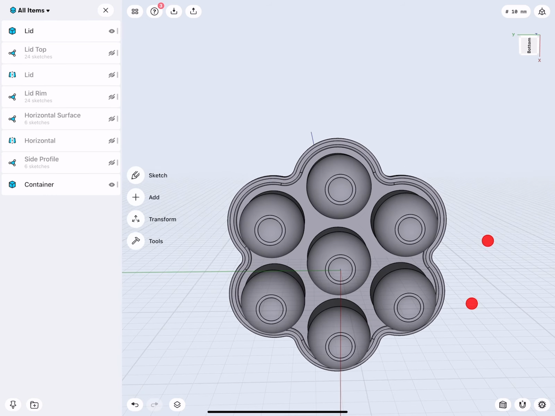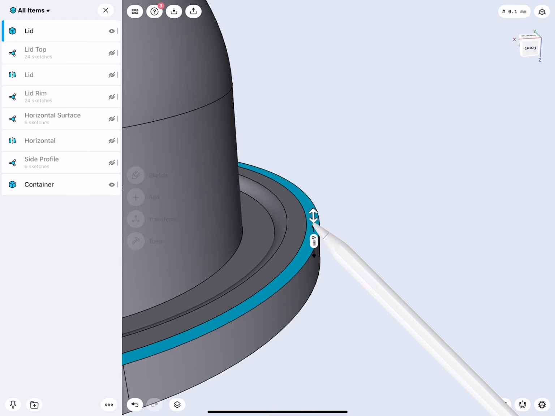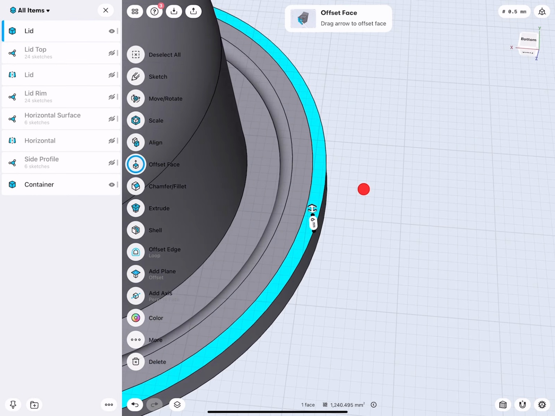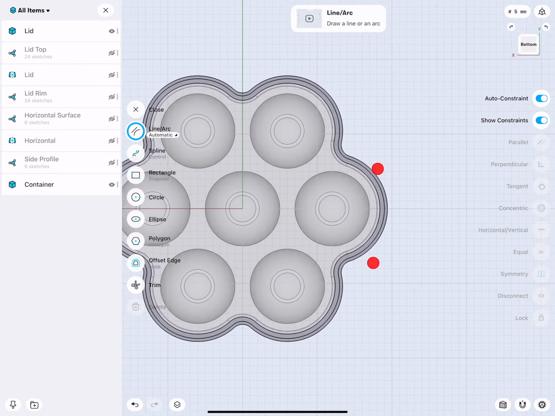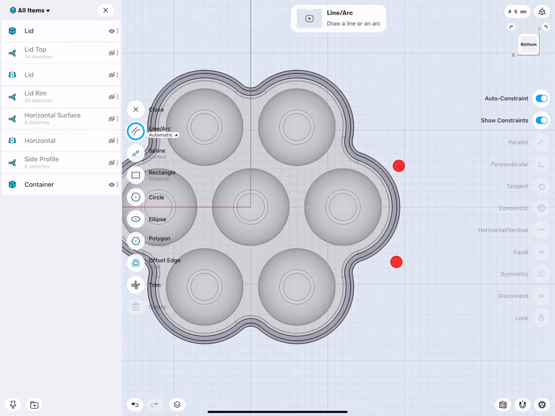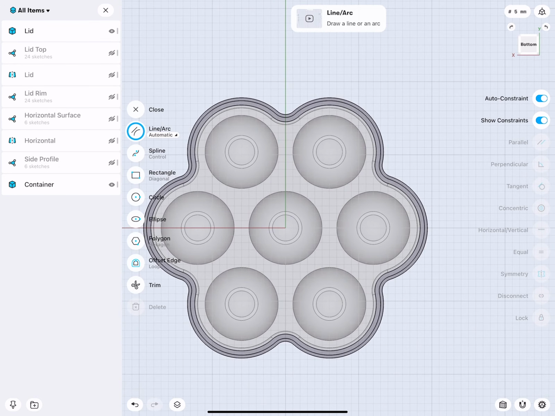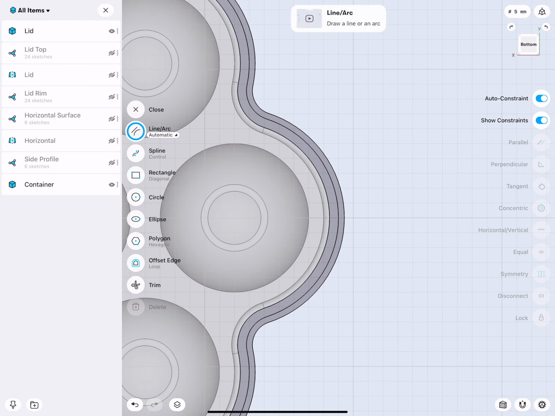Now, these two parts fit perfectly together, but the lid would actually fall off. We need to somewhere have a little bit of a helper, like a lip, and we will do this right here. So I select this face, and then with a finger double tap onto it. Very good. And I will work on this side because this is horizontally aligned. The other two rings, so here and here, they are at an angle. I could work there, it's just more complicated.